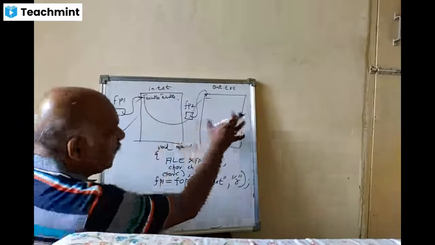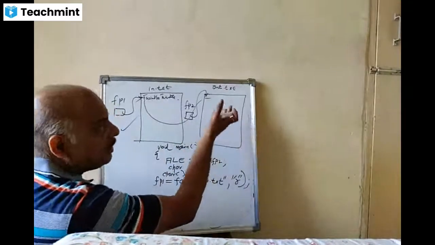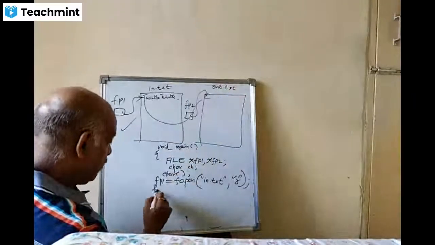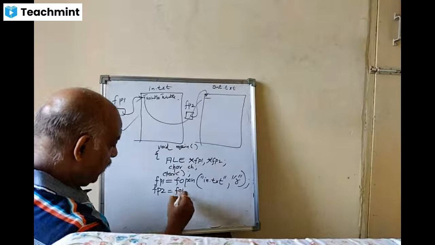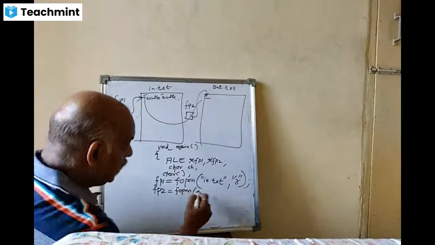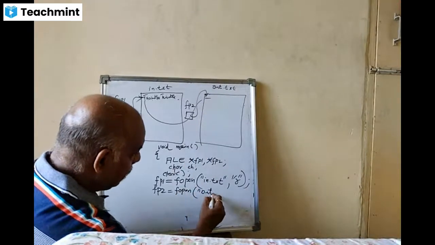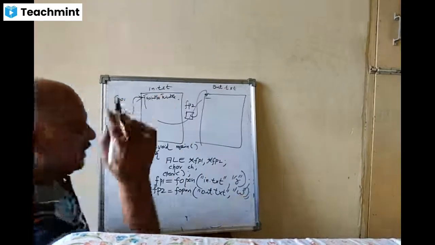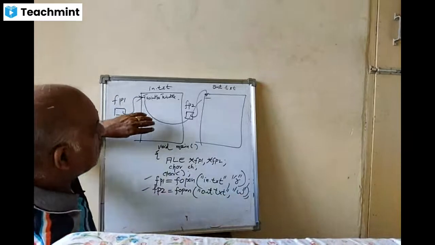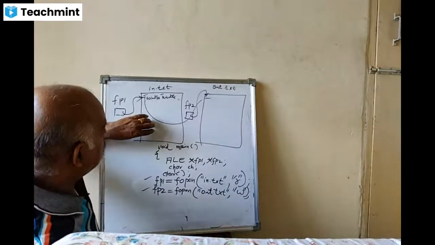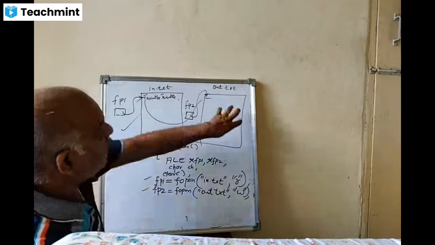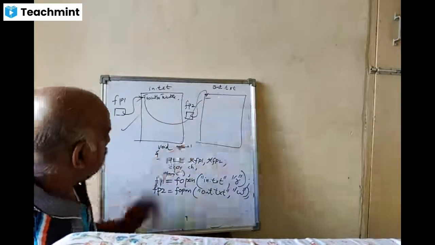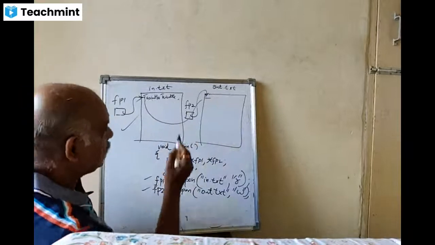Okay, again I want to open this now. If it is not present, this has to be created, then only the transfer can be made. FP2 is equal to fopen, and this file should be opened in write mode, out.txt. That's all. One is opened in read mode, then you have to read the character. One is write mode, because you have to copy the contents of this to this. Then the very important step is the loop.